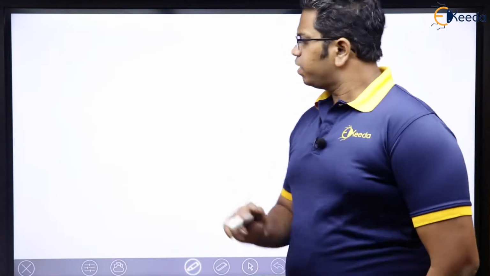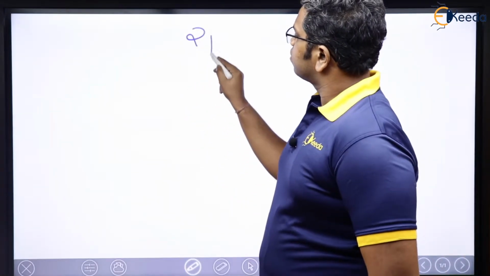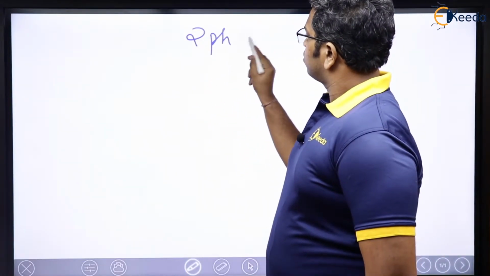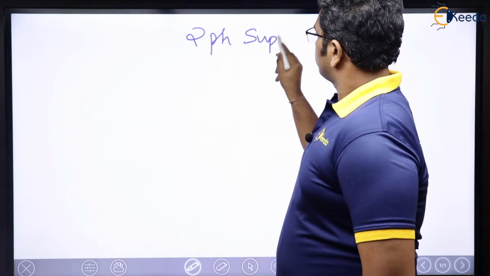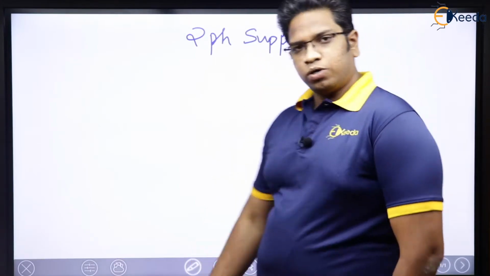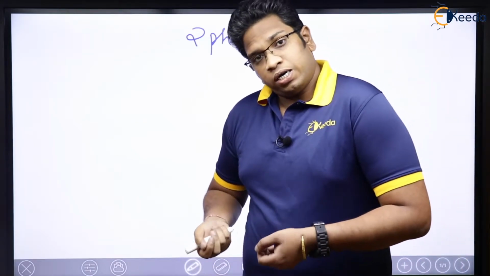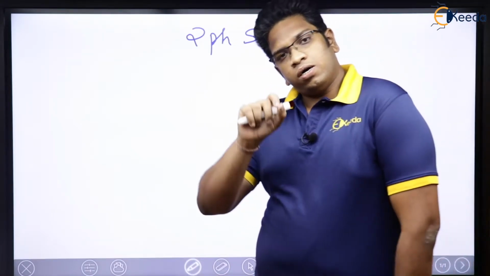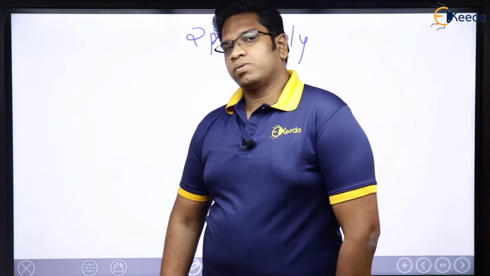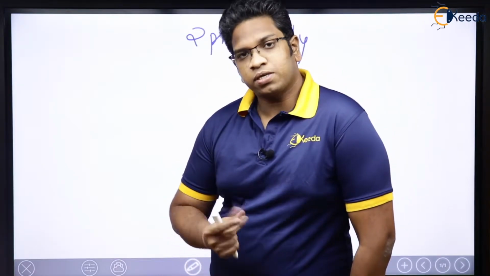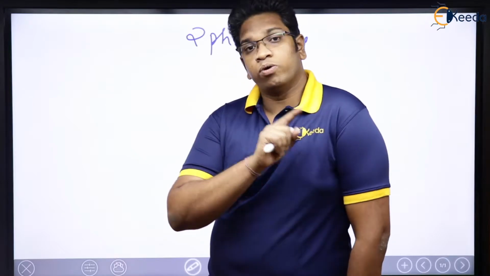In the previous session we discussed how a rotating magnetic field is produced because of a two-phase supply. Now you tell me, if I just simply have a two-phase supply like this, by just injecting two-phase currents, will I be able to get a rotating magnetic field in space? The answer is no. Why?